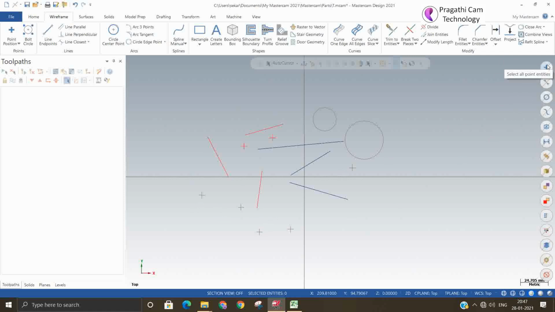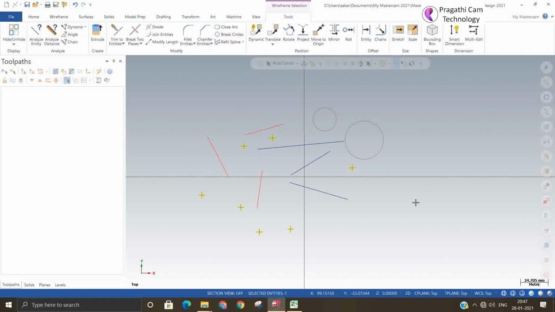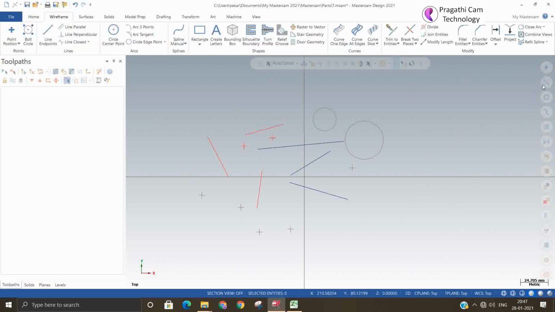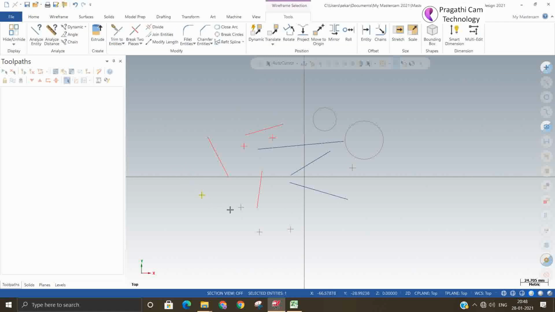Suppose I want to select all points. Select all points. You can see that all points become yellow. Suppose I say select only point, so what will it do? Whatever point I select, only that point will be selected. But it will not allow me to select any line or any circle, any other entity.